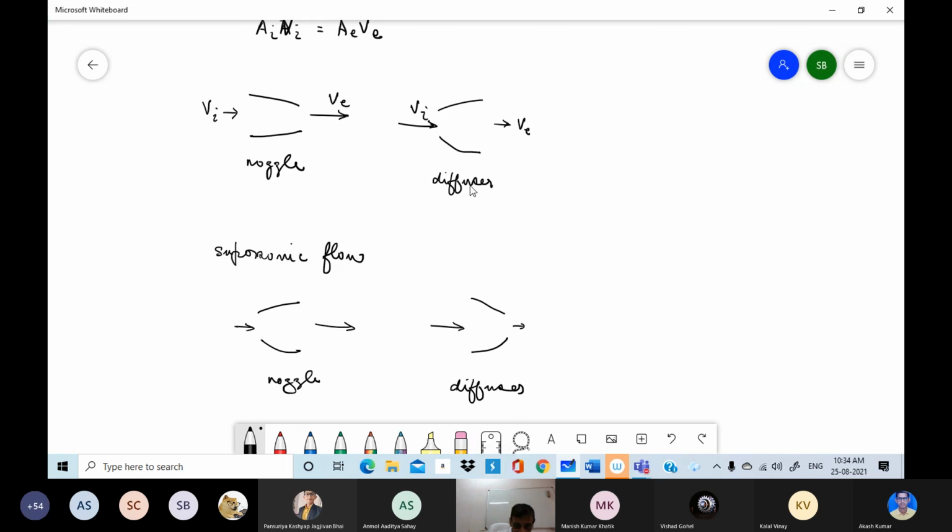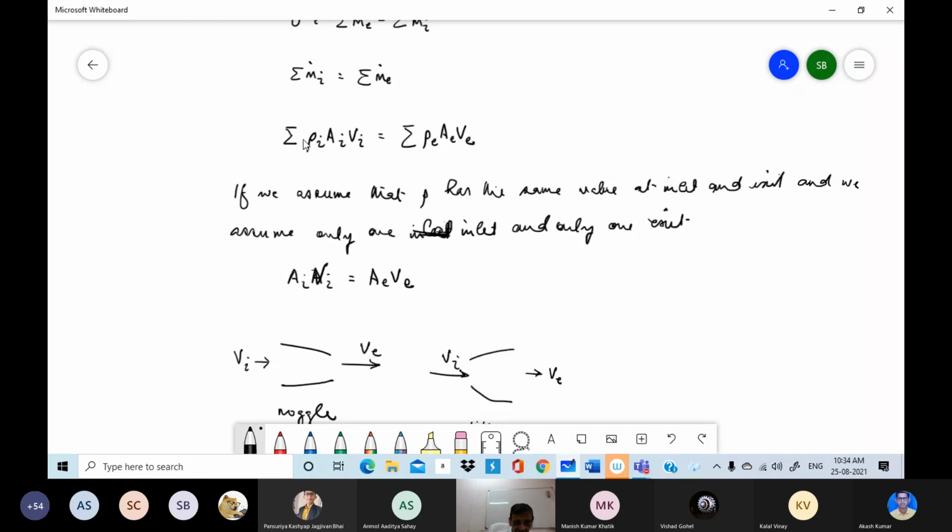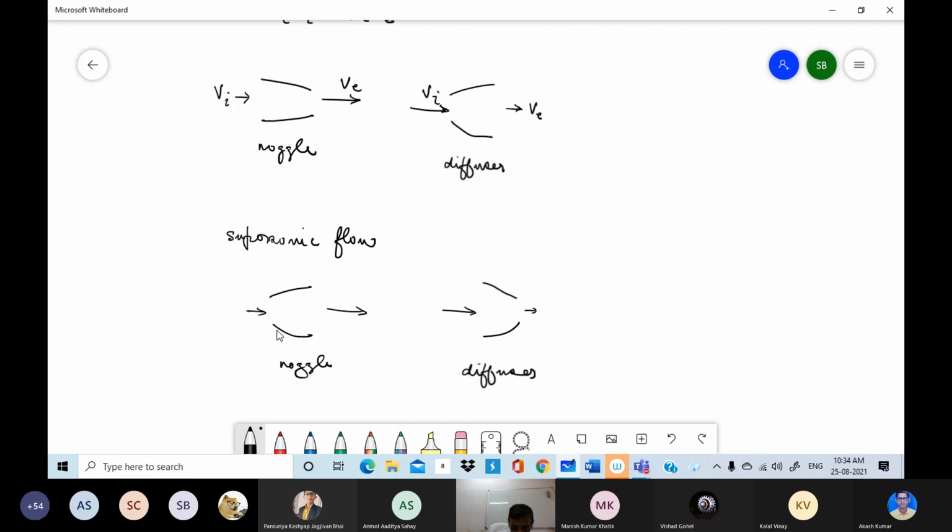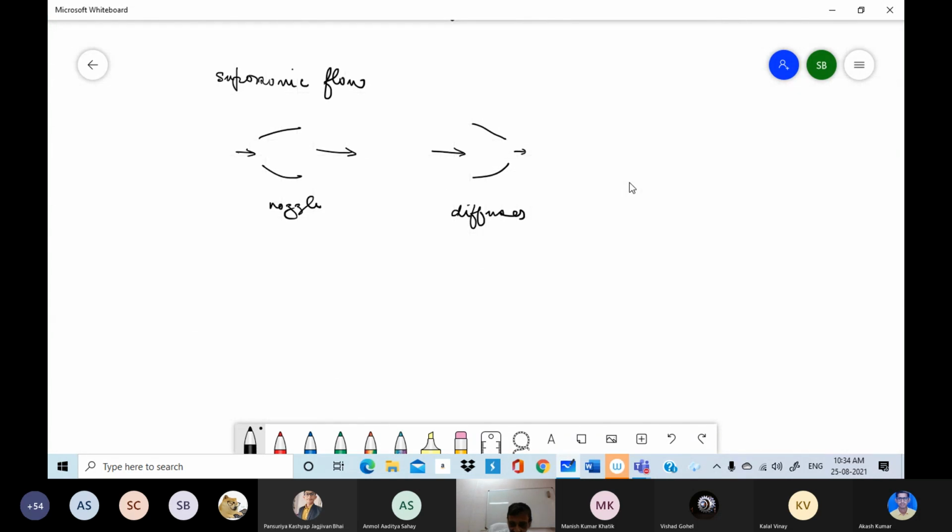The only way it can happen is that the rho overcompensates for the change in area. So for a nozzle, although area increases, the density decreases so much that the velocity has to increase. Therefore, if you want to accelerate a fluid starting from subsonic to supersonic speeds, the nozzle